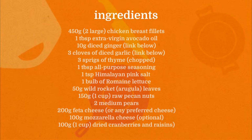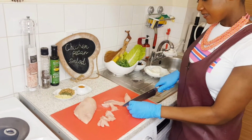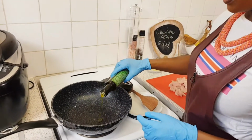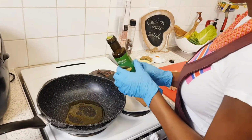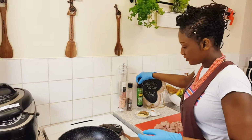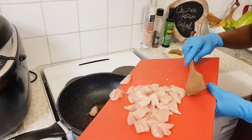I've got 2 large chicken breast fillets, which I'm going to dice, cutting it into bite sizes. Then we stir fry, we pan fry it. I've got avocado oil. This oil is beautiful. I'll put a link on the best oils to use and I'll cover what type of oil you should buy, how you should buy your oil. So this is 3 tablespoons of avocado oil. In goes our chicken,